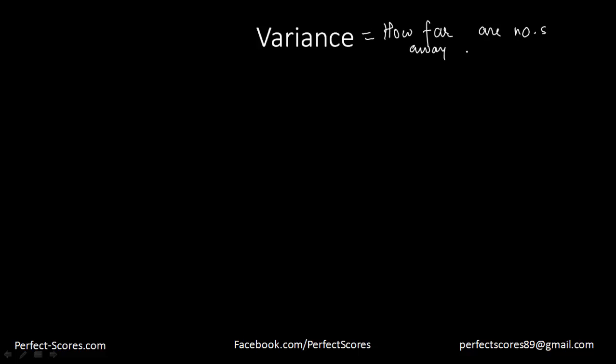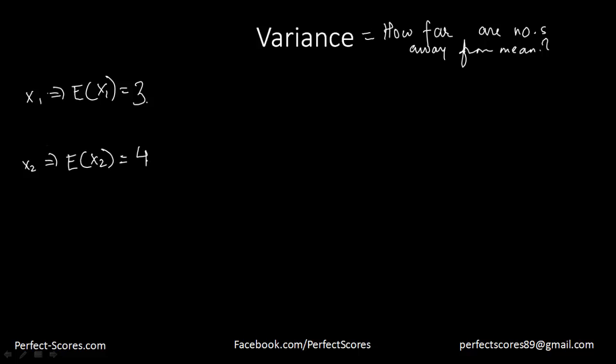I'm going to show you with two examples, right? With two random variables. Let's suppose we have random variable x1 and random variable x2. Let's suppose the expected value of x1 is equal to 3, and the expected value of x2 is equal to 3 again. Now if the expected values are equal to 3, that does not mean that the probability distributions are identical. There is no way that the expected values will say something about the probability distributions. Now why is that?